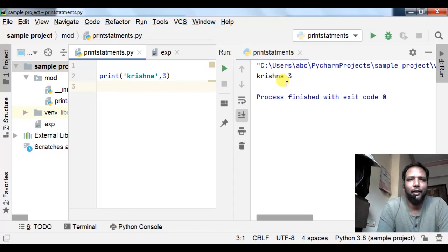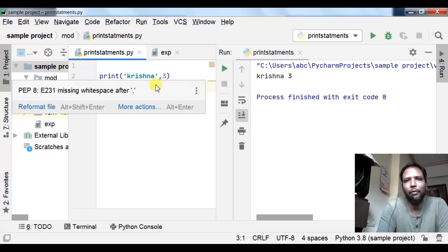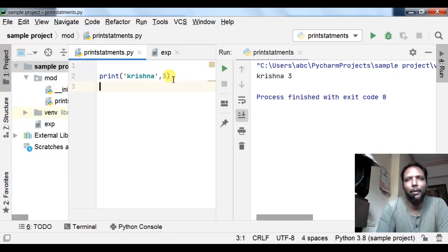I have not mentioned any space after Krishna, but I got this space because I am using comma. But if you are using plus, if you want to concatenate two strings, then there will not be any space between the strings.